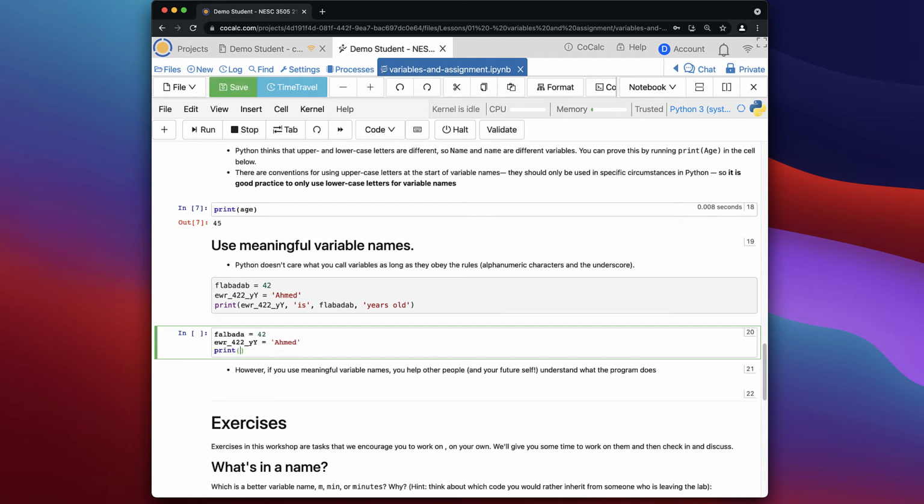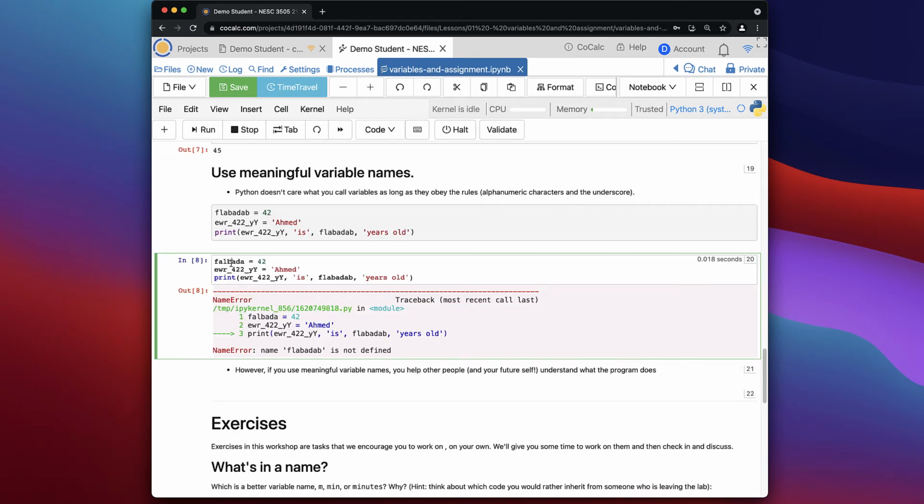So print EWR_422_yY, comma, "is" in quotes, comma, flabadab, comma, "years old". Run that,